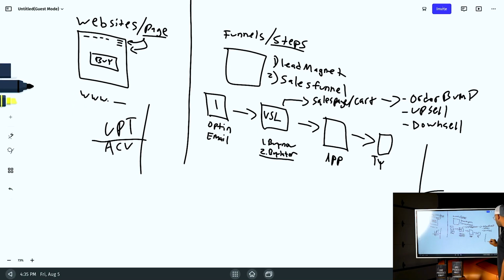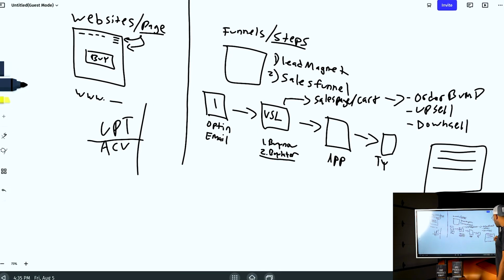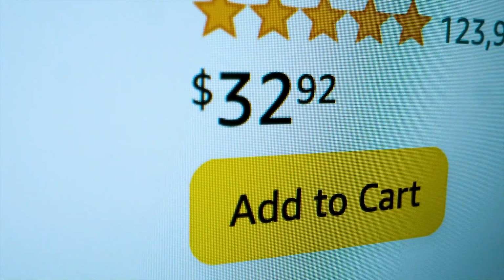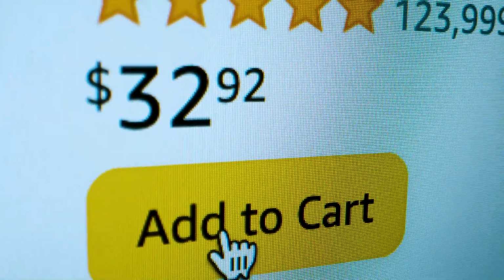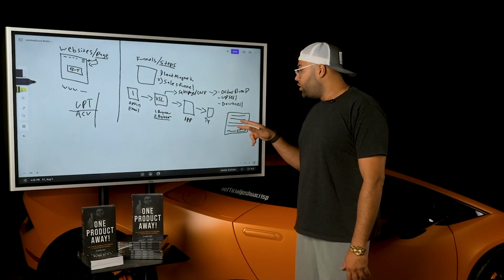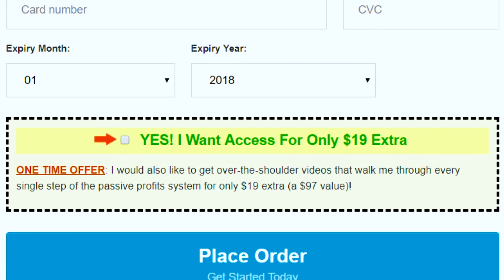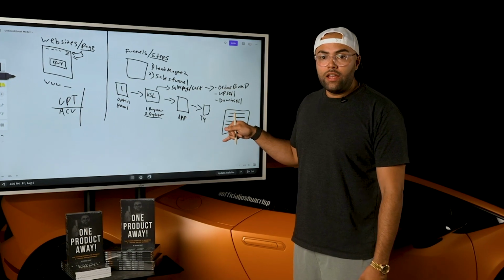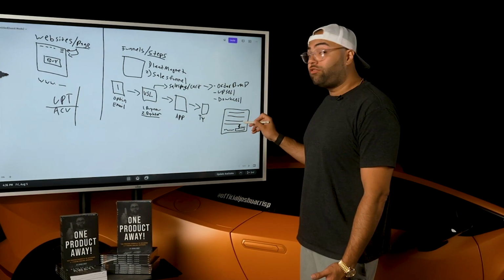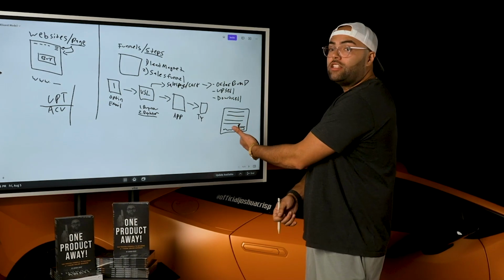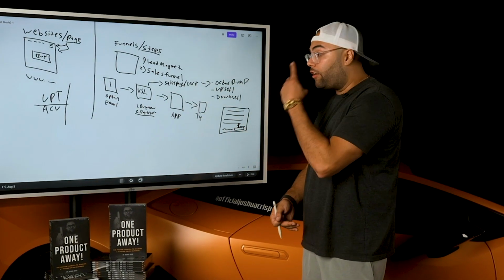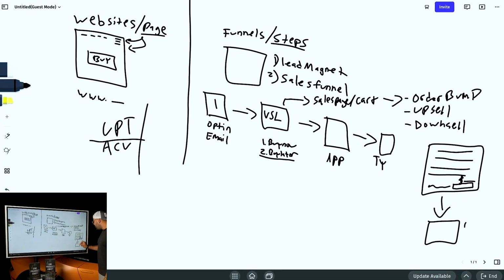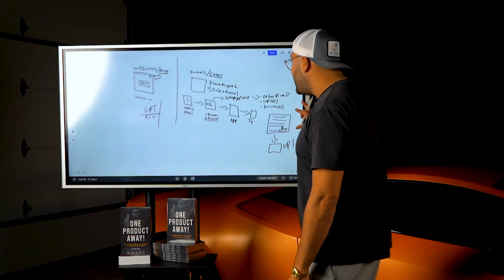So an order bump is when, here's your sales page, right? You're putting all your client information, here's the dollar amount, and then down here, there is a button where it says, get this one-time thing right now for this price, click to add to cart. So it's an order bump, which means you can click this button when you're checking out, and you can immediately increase the average cart value and the UPT. The units per transaction goes from 1, which is the camping thing, to maybe this bonus accessory or a second one for half off, right? Now, once they complete this step, then they go to the next step, which could be an upsell 1, and you could have an endless amount of upsells.